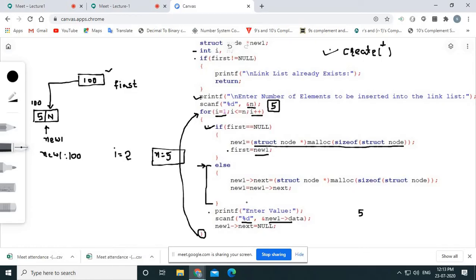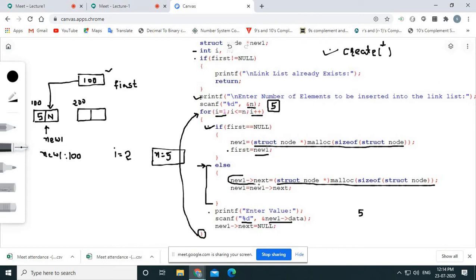Now in the else part, you are executing code so that another node gets created, right? You know that whenever we call a malloc function, it will create a node. So now another node is created, right? Suppose this node is created on address 200. So this 200 will be stored into the new one pointer, right?